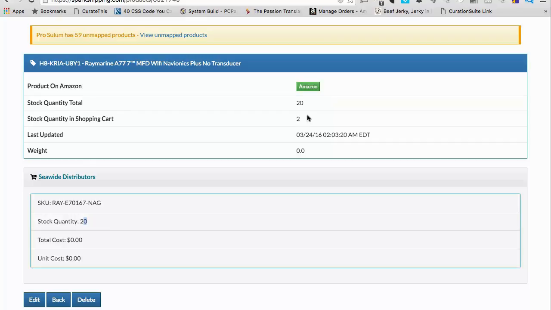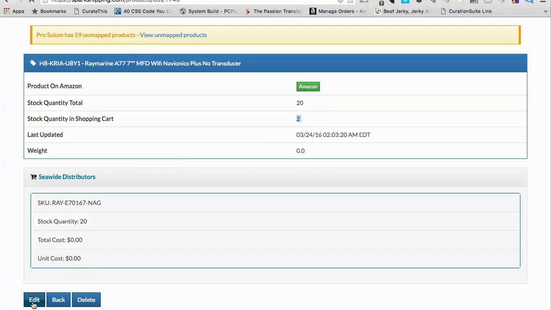You'll see up here, remember, it says stock quantity is 20. Stock quantity in shopping cart is 2. This is what I have set in Amazon. Okay, so if we set that to 20, this is good. Amazon might say 0, but we might have 18 left. Okay, so you want to make sure that both of these are generally the same. All right,